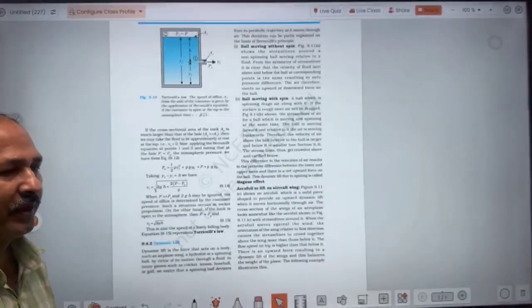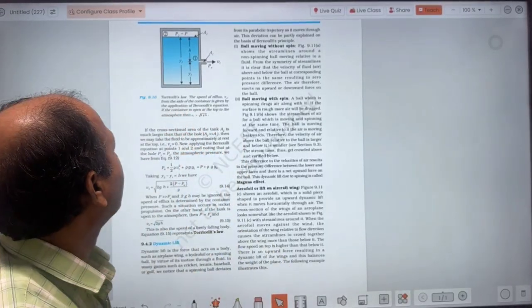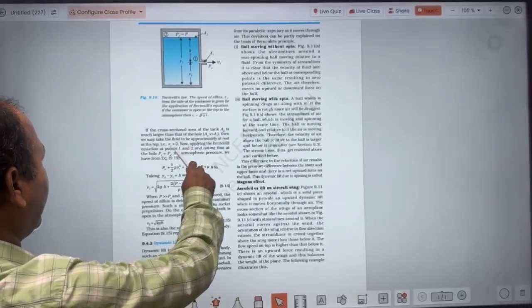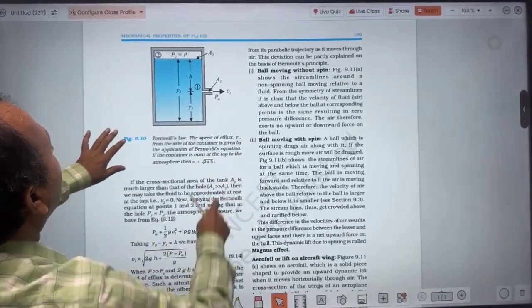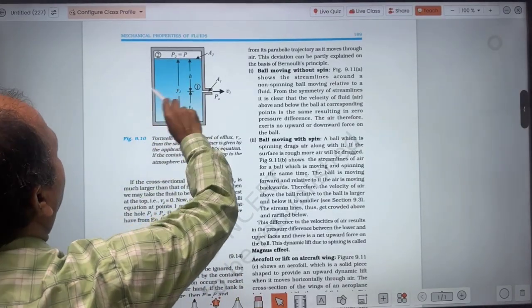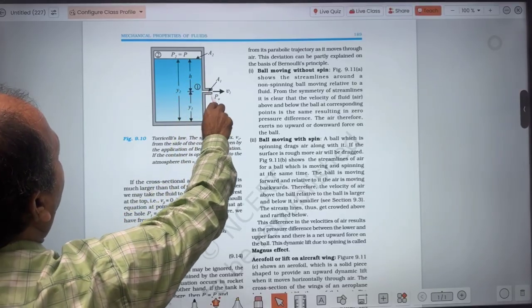In the previous lecture, we have studied about Bernoulli's theorem. Now we are going to see Torricelli's law and other related facts. So in case of Torricelli's law, here we consider a container having certain liquid in it, and this